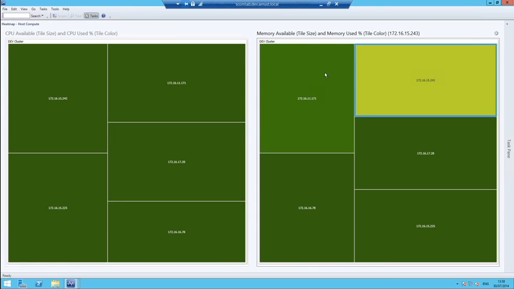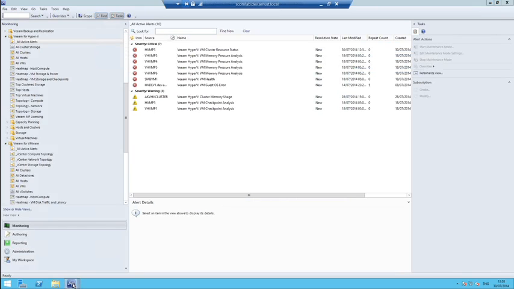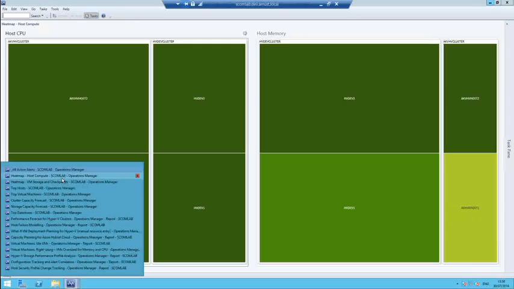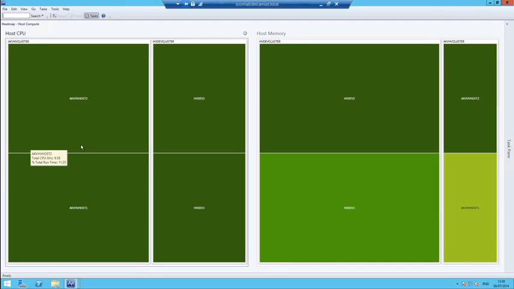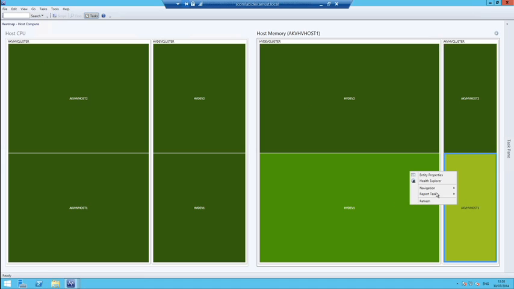Alright, let's look at some other of these great examples. For example, this one is specific for Hyper-V. This is a heat map on the CPU and memory for Hyper-V, and you can see again the colors here. Again, we've got some great dashboards that you can drill through. Now if I right click on this one and go to navigation, I can, for example, open my host compute analysis dashboard,